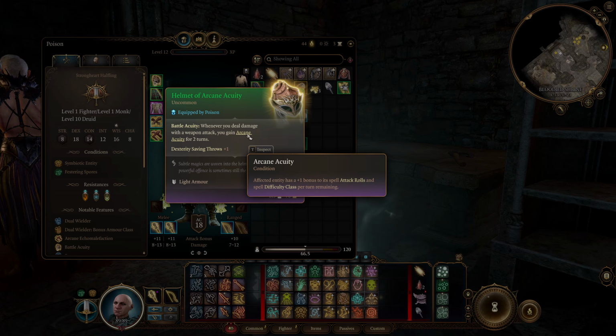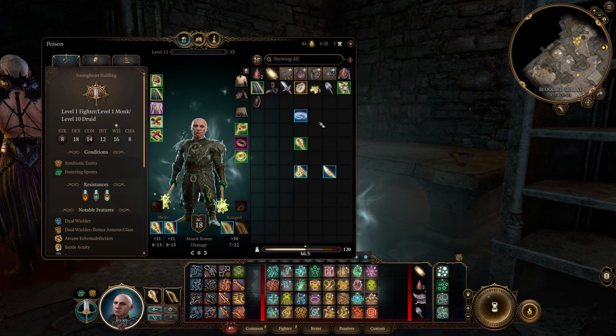This is going to make up for our lower spellcasting modifier, that being our Wisdom, so as long as you keep up your weapon attacks, you are going to be able to cast your spells and get those poison conditions off way easier. But if you're not too interested in the spellcasting side of things and you'd rather have more